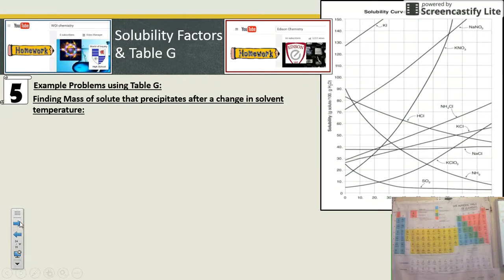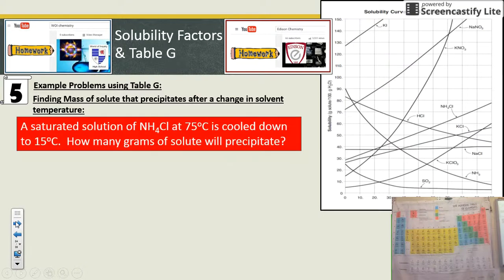Finding mass of solute that precipitates after a change. Okay, we're running out of time here, so we might have to do this lesson in class as well. Boom, bada, boom, boom, boom. Saturated solution at 75 is cooled down to 15. How much precipitates? Well, we've got 15 degrees and 75 degrees, and we're talking about NH4Cl. Boom, NH4Cl there, and NH4